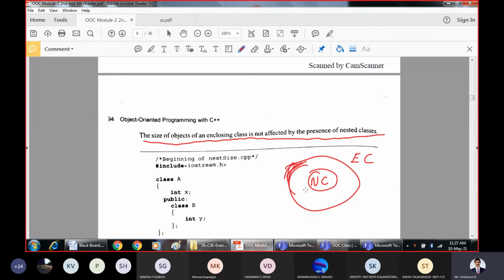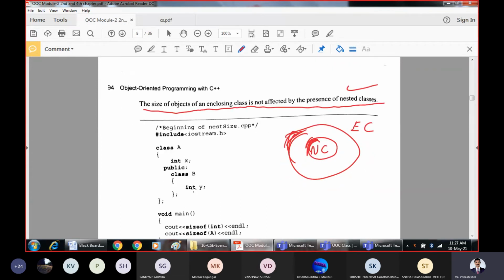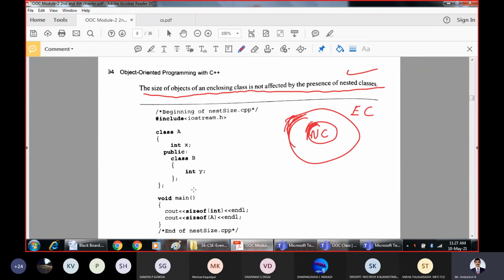So the size of the enclosing class will not either increase or decrease by the presence of the nested class, because the memory for the nested class will get allocated only when you declare the objects. We know that memory for the class will get allocated only when you declare the objects of the class. Just by the presence, it will not increase the size of the enclosing class.